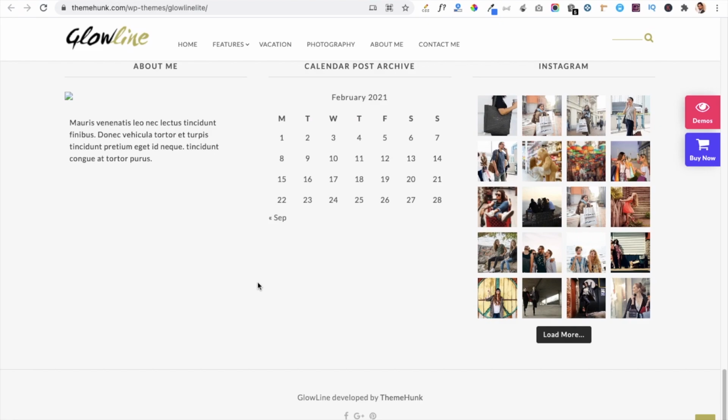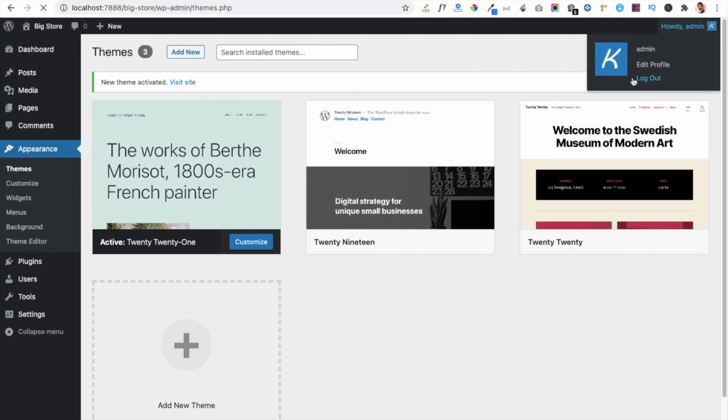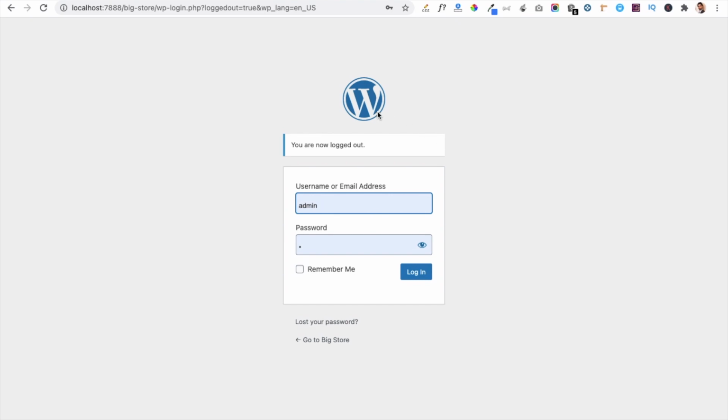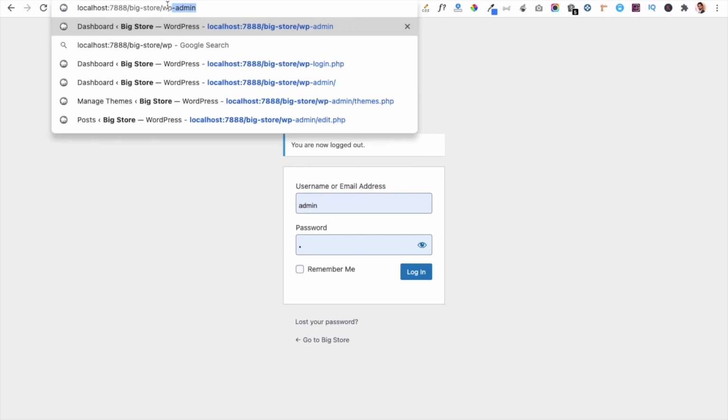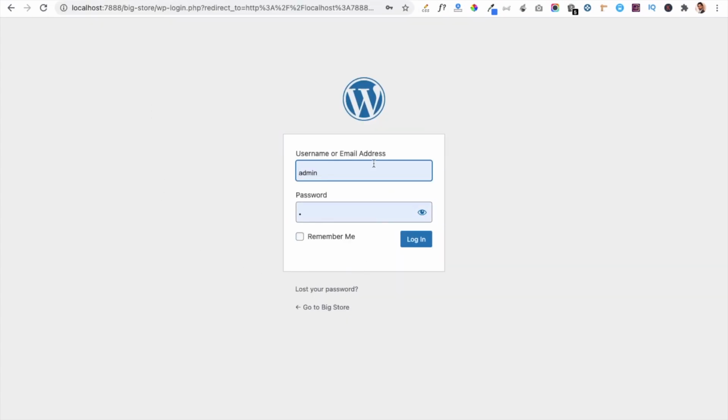After getting the credentials, you just have to go to your domain name and write wp-admin. You can see this is wp-admin. You have to write this and log into your account. Let me first log out of my account and explain how you can log in. So this is the login page. Suppose you are on your domain, you have to write wp-admin and hit enter. And you will see the login page of your WordPress dashboard.